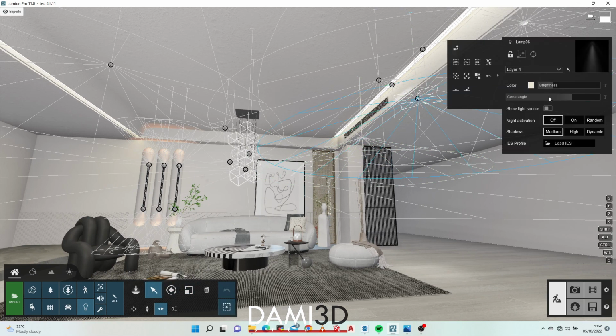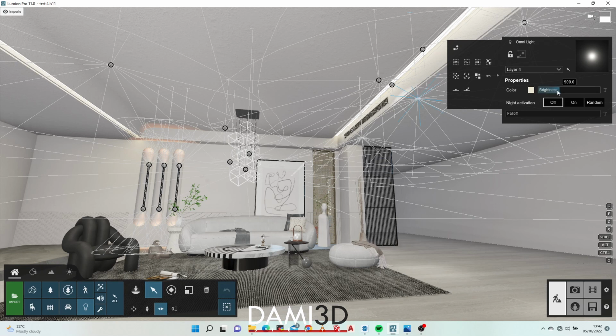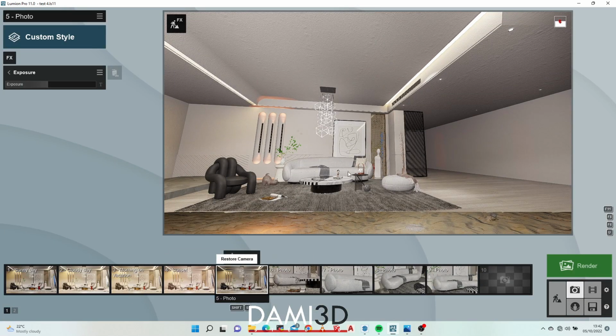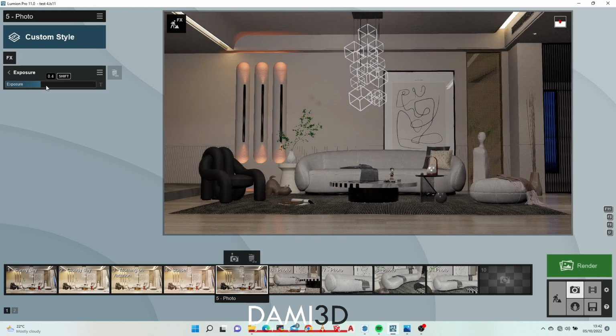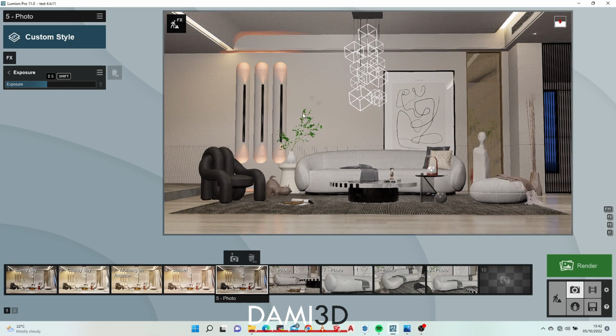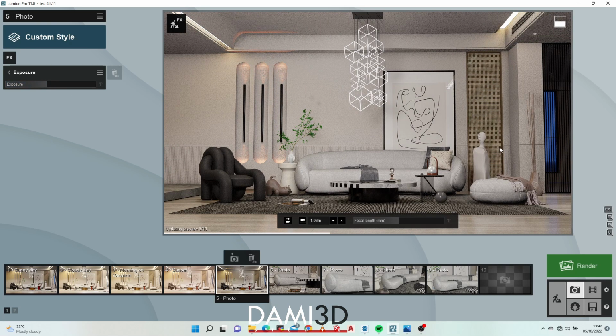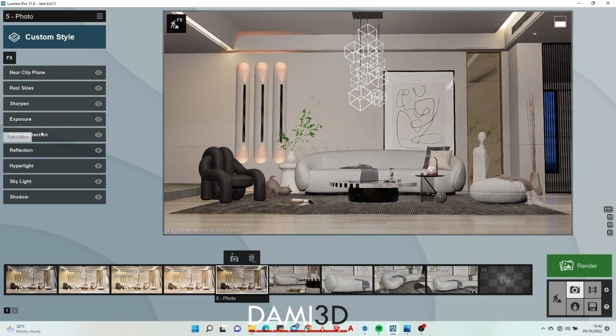I have quite a number of lights here, as you can see, so that's why my exposure is not too much. You can increase or decrease it, depending on how you want your scene to be. So under color correction,